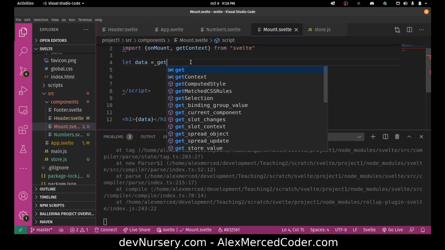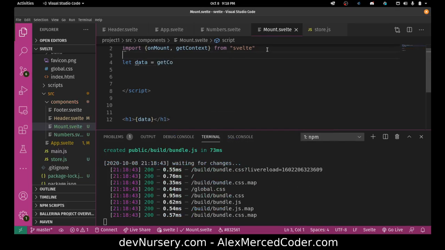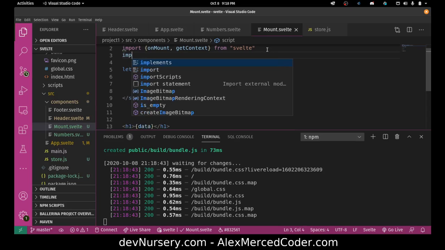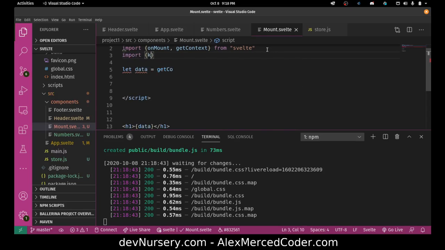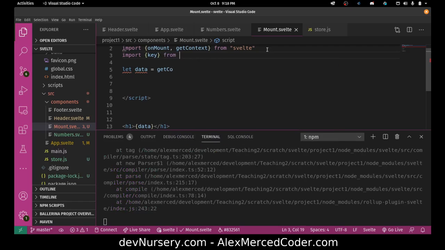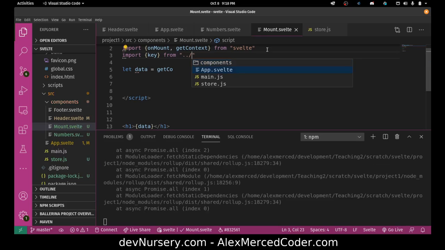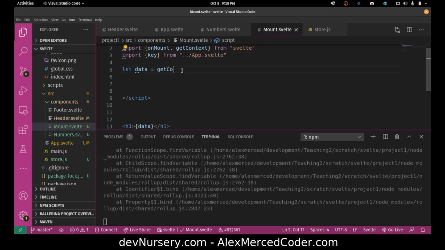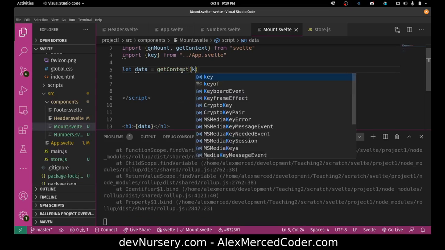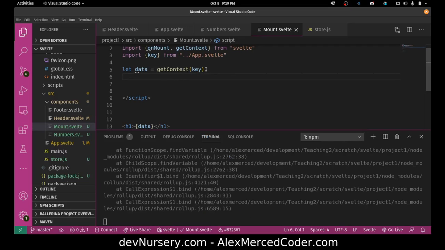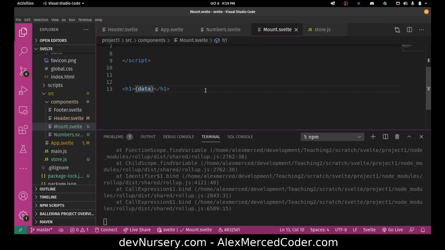data equals getContext. Oh, and I need to import the key from app. So let's import key from /app. getContext, and then we pass in the key, so that way it knows what context to get, and then that should return the context in the data. And again, there I think we just called it data my count. So now